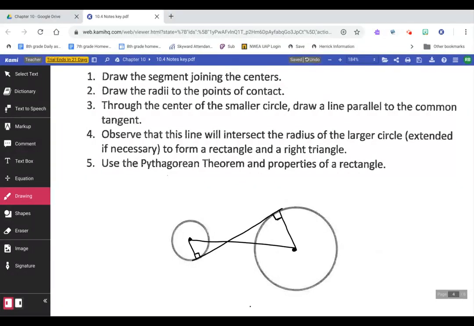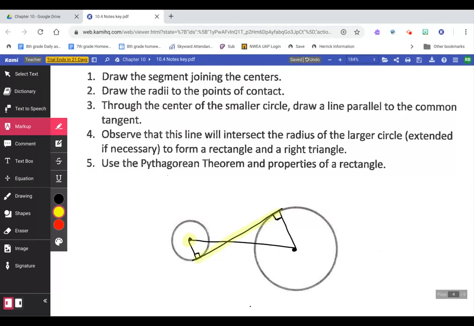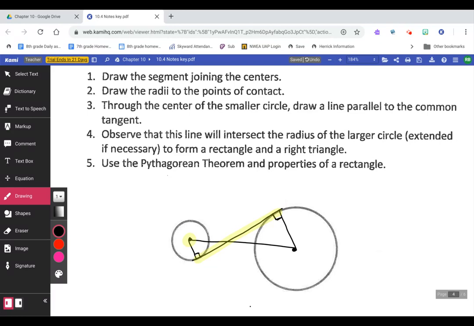Number 3 says through the center of the smaller circle, so our center of the smaller circle's there, draw a line that's parallel to the common tangent. So the common tangent is right there. So we're going to draw a line that is going to be parallel to that. So our line that's parallel, let me do it a little bit better,